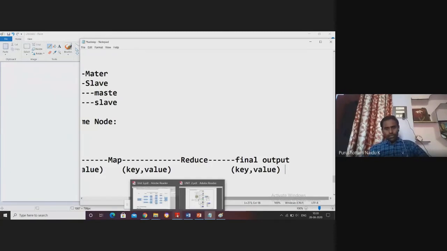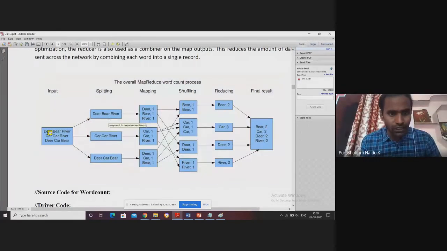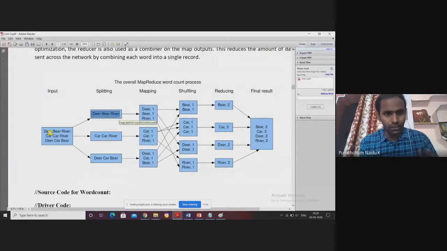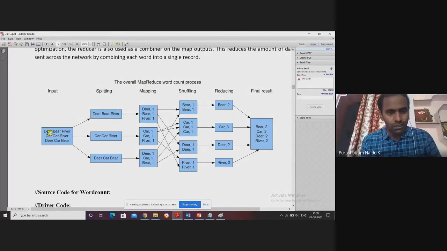Let's go back to this example. This is the input of the map function. But what is the input here? A single line. We are converting this line into a key value pair. For that, we have one more component called the record reader. The initial input is converted into key value pairs, which is taken care of by Hadoop itself. We do not need to write the logic for converting this input file into key value pairs.